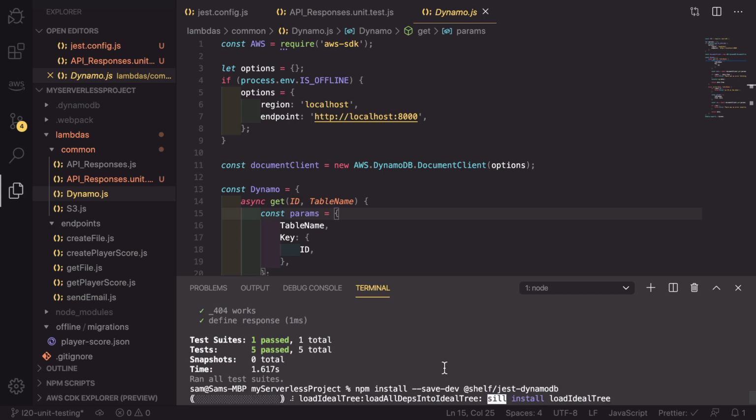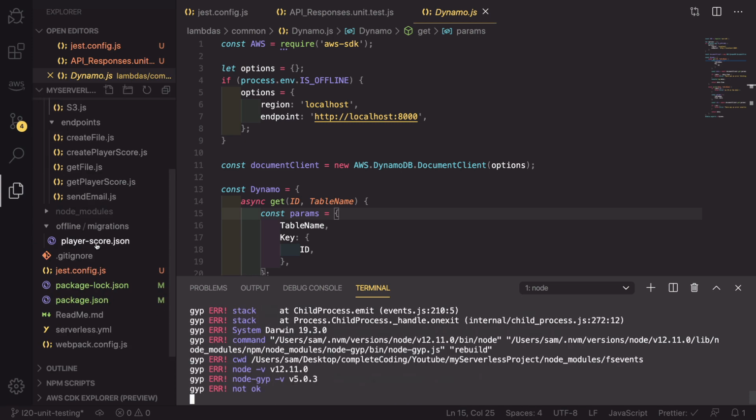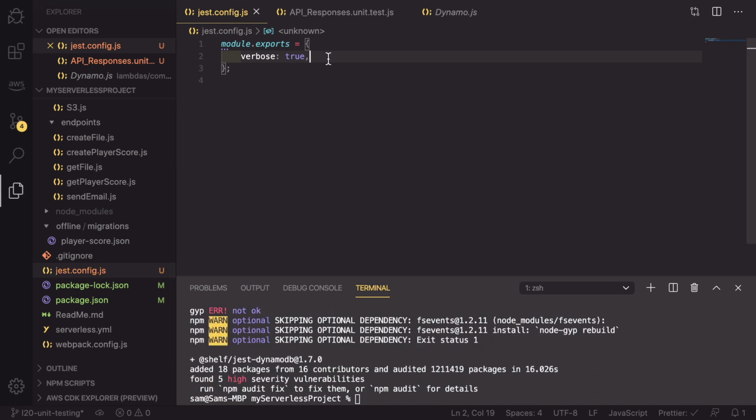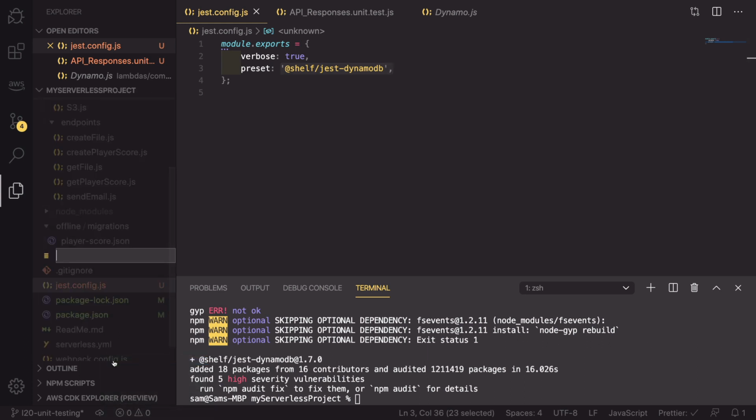And whilst this is setting up, we need to do a couple of extra things to describe the Dynamo tables to this plugin. The first thing we need to do is go to our Jest config. And at the moment, it is just saying that it's verbose, but we also want to add the preset of @shelf/jest-dynamodb, which is telling Jest that we are using this. And now we need to create a new file, and this is going to be called